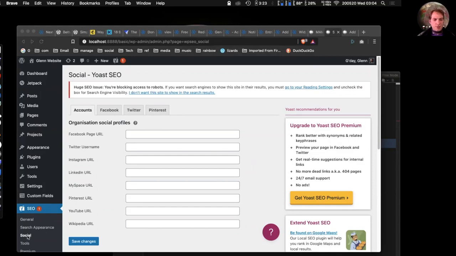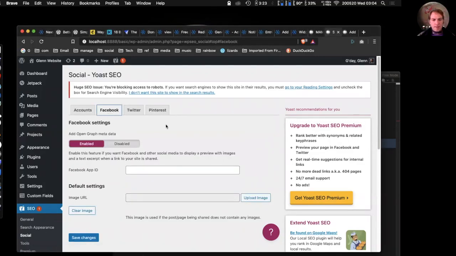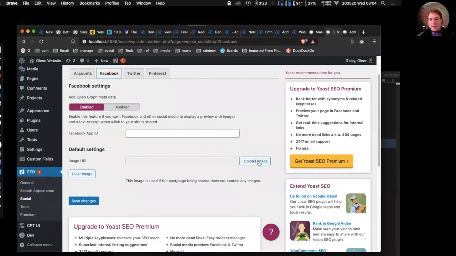So if you come to the social section and click Facebook, you can put up here an image that would display if there is no image on any page. So just say you wanted to share your WordPress webinar page on Facebook and you didn't have an image, you could upload an image here that would then display for any of those scenarios,